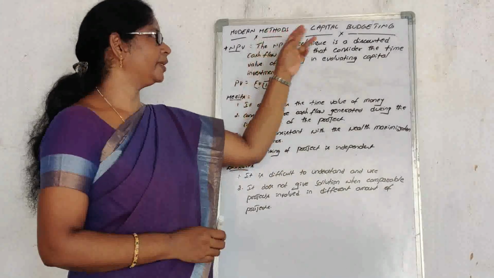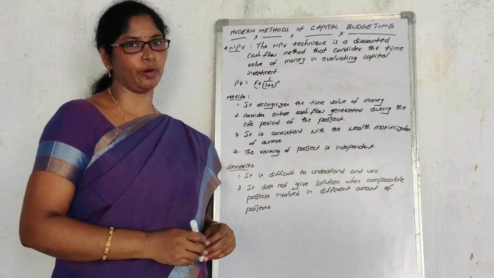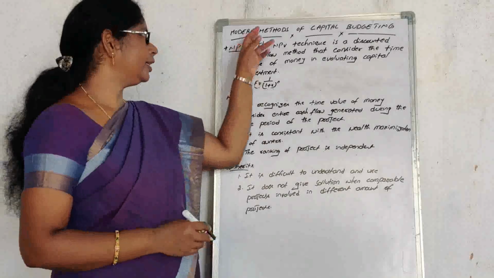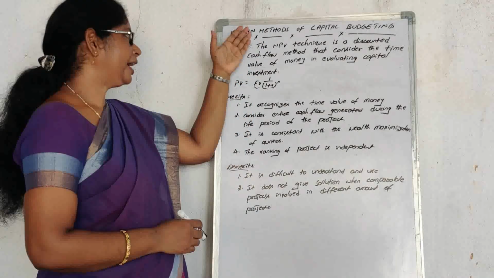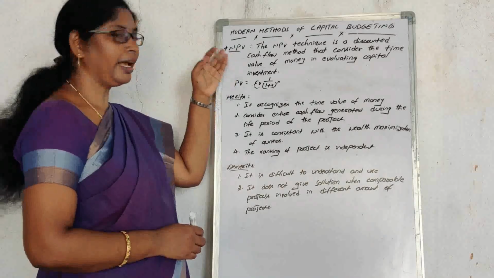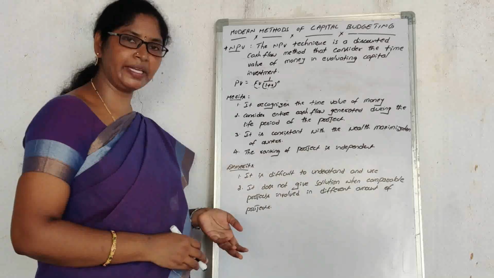So this is one of the methods in capital budgeting techniques. This method will be helpful for evaluating a project with the help of the time value concept. In that method, there are some categories: one of the categories is NPV, and the remaining are IRR and the profitability index methods. In later classes I will discuss those.